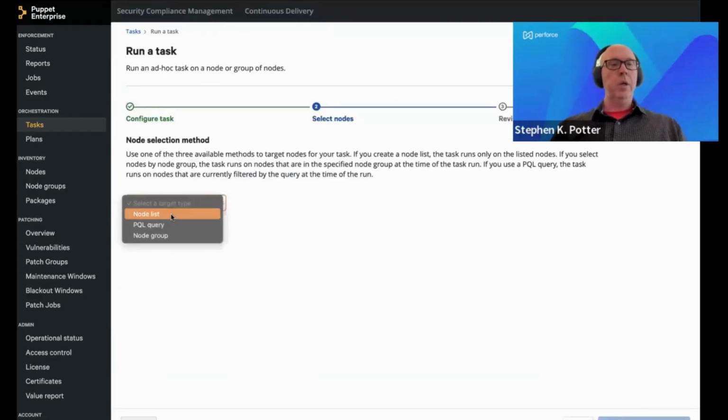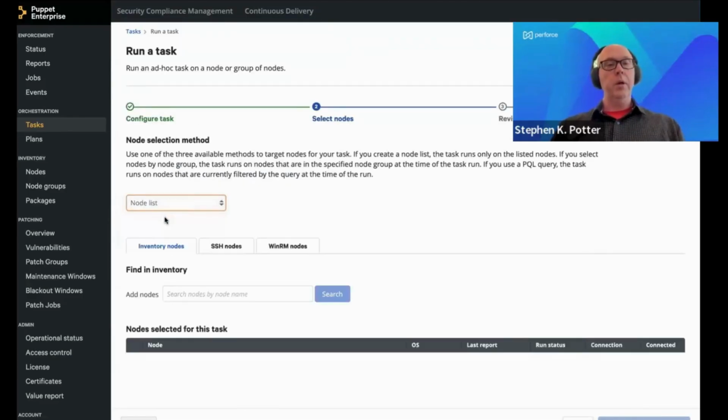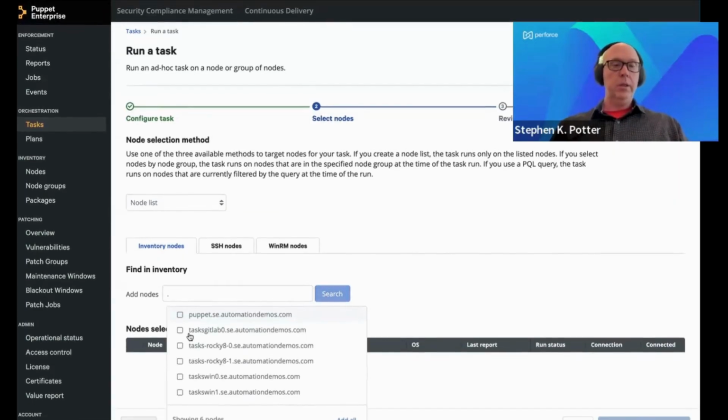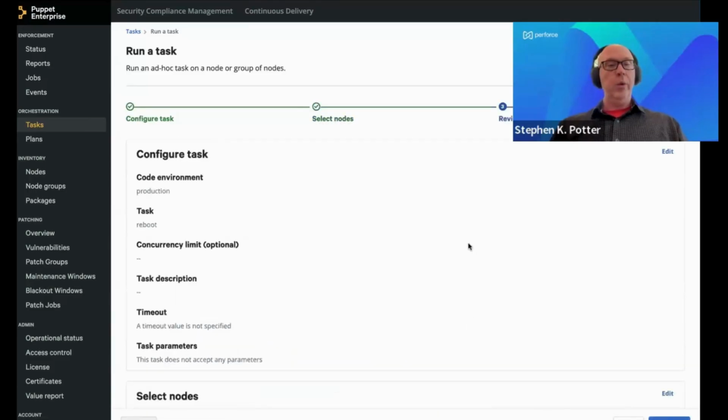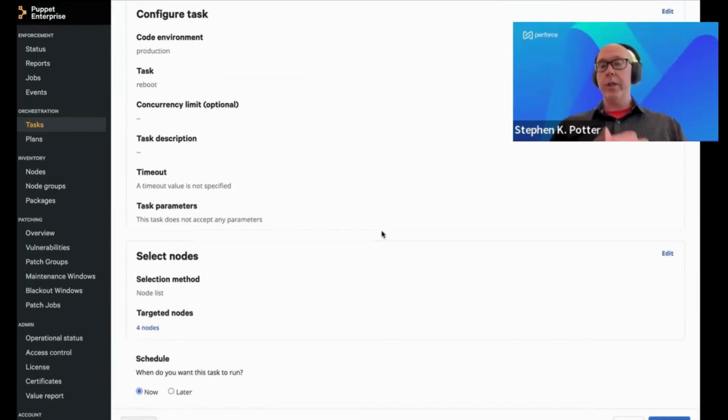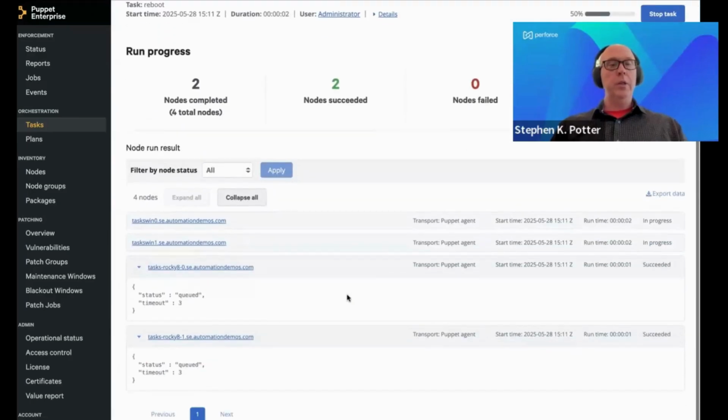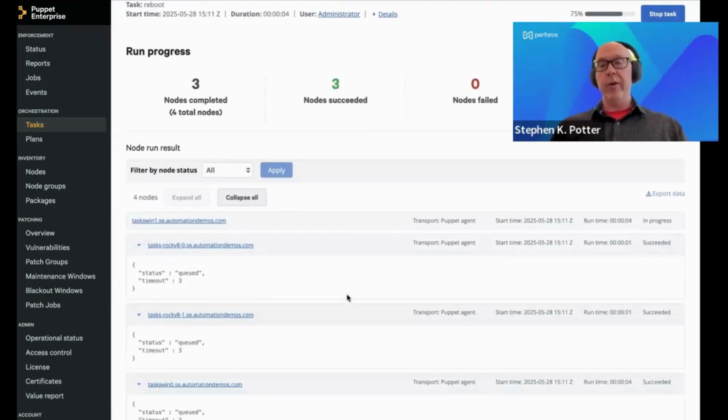Select next. I can select my targets here by a list or a grouping. Here I'll select the list. I can execute my task either agentlessly or using our agent. So let's select some targets here. I'm selecting both Windows and Linux. I review. I can schedule this. I can run it now, or I can run it later and run task. Since it's running over the agent, it's very fast,